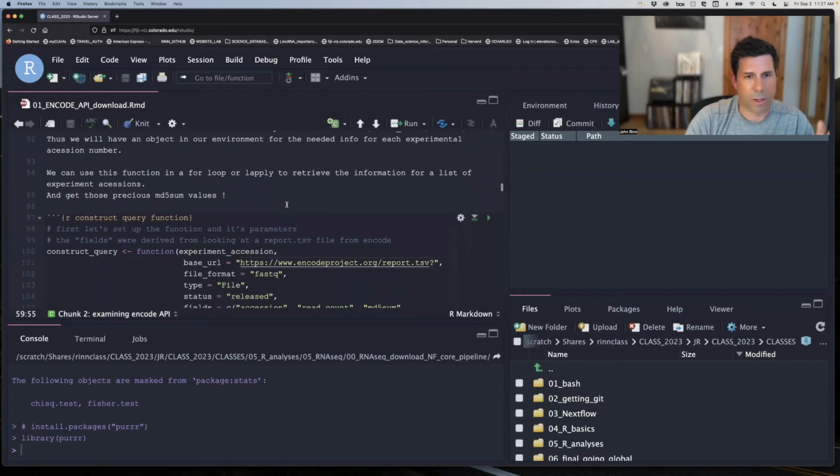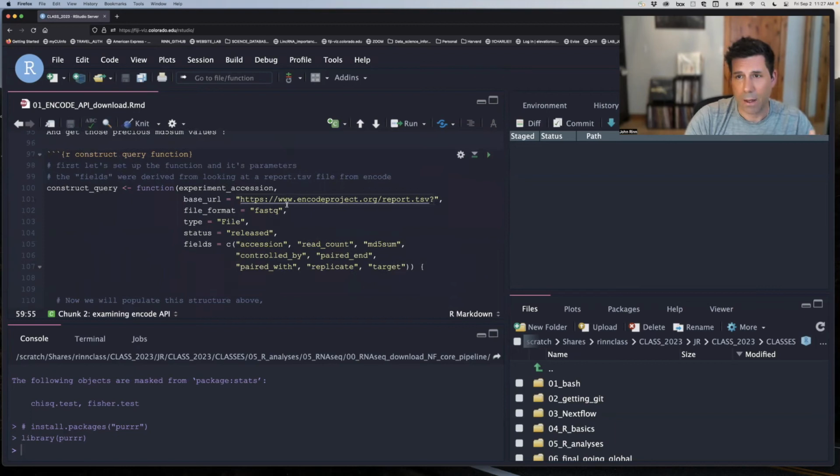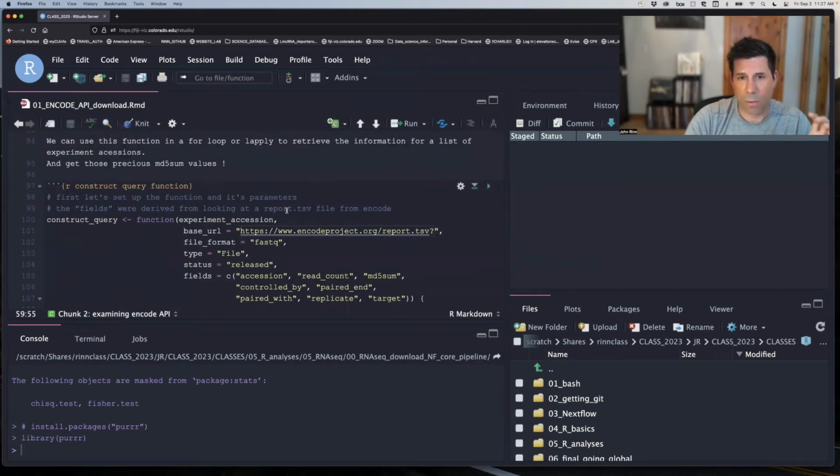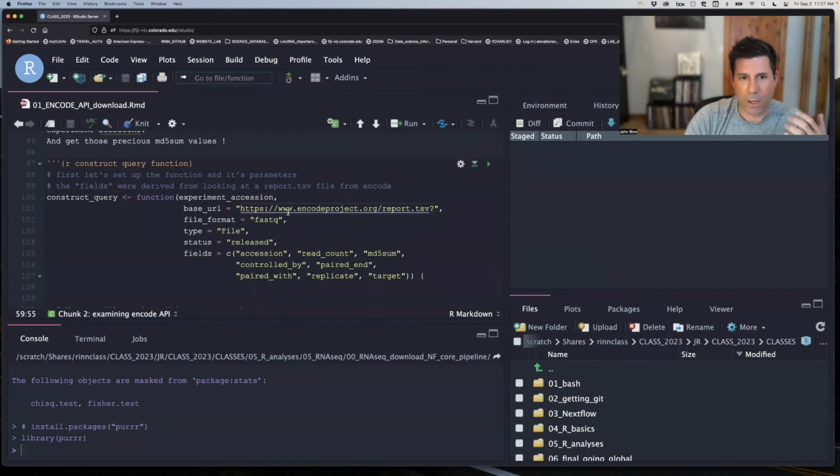Okay, so now what we are going to do is make 2 functions, and they're described there. And the first is a construct query where we're going to essentially just make a URL with the report information. And we're going to need this information when we make our sample sheet. So we're going to ultimately do RNA-seq and do differential expression. And so we want to keep track of the experimental accession and the file names as we go along so we can be 100% reproducible. So really another goal here is to go from taking a URL that anybody can go to and then downloading that data and making a sample sheet from that